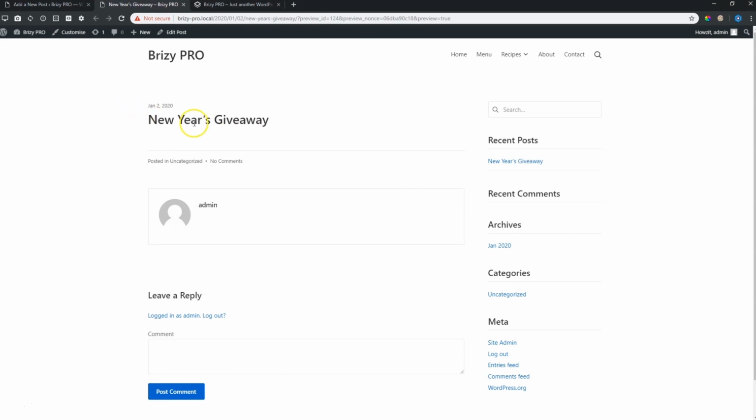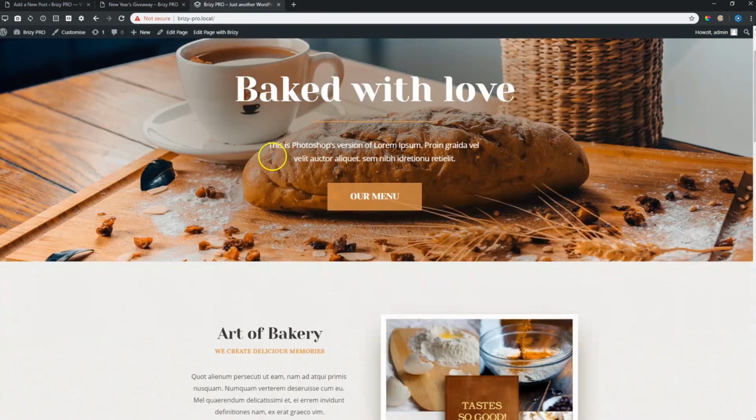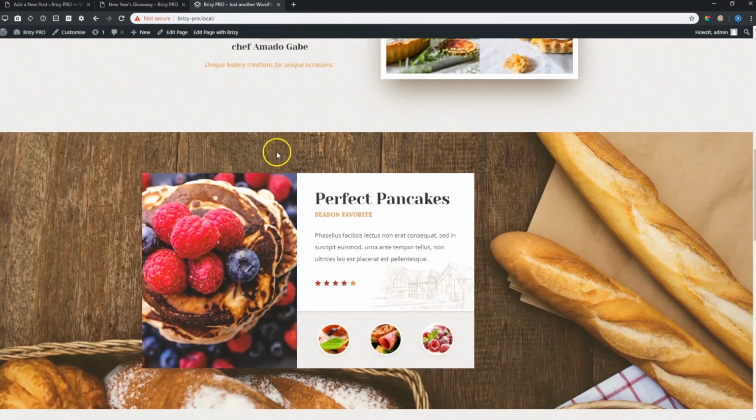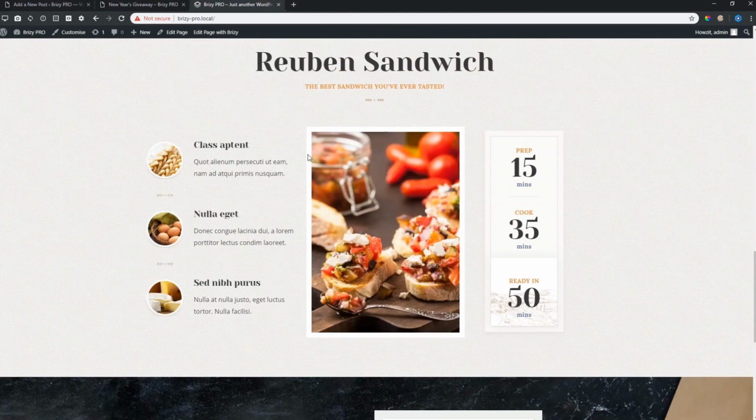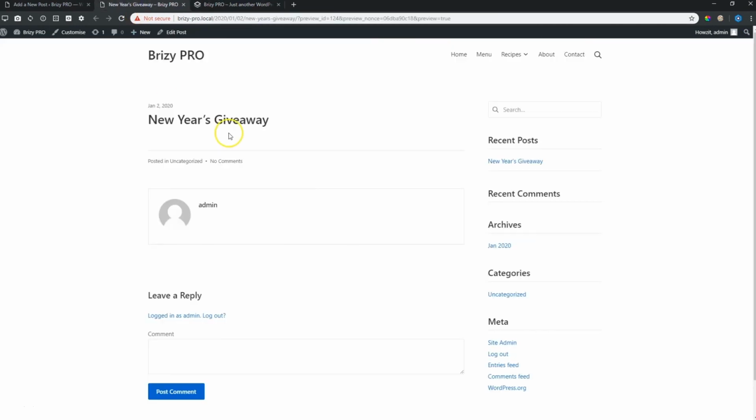It's news. And that's why you will see the date, January 2nd, 2020, appear here, because this is the date that this post was created. This is not something that you will see appear on static pages. You don't see dates here and when this page was created. People are not interested in this. This is, like I mentioned earlier, static information. It's unchangeable. Well, maybe if you have a few updates in the future, you will come back to this page and change, but this is your forever and ever information. This here is just related to news.